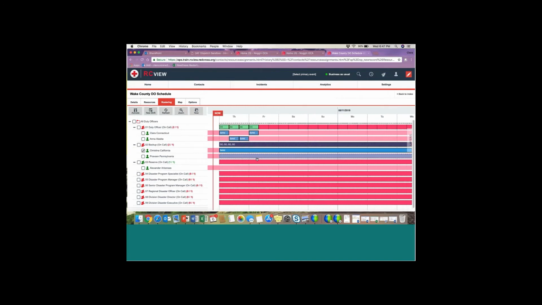The second thing that we're able to do is create a custom shift pattern. So if they didn't want to sign up for the shift pattern for their particular position, for example, we know for the duty officer on call, we set this shift position to an 8-hour shift pattern. If Clara, Connecticut can only work, for example, 4-hour shift patterns each morning, we can set up a recurring shift for her. In order to do that, we're going to start by selecting her name, doing new shift, create custom shift,